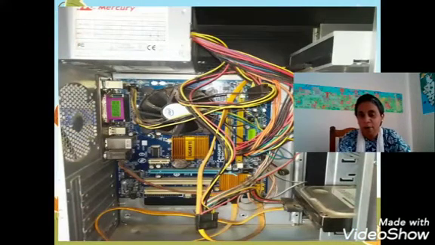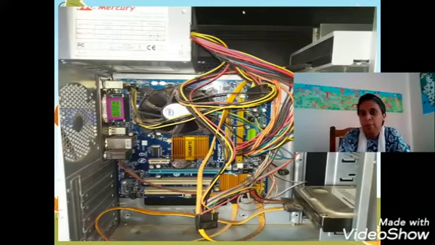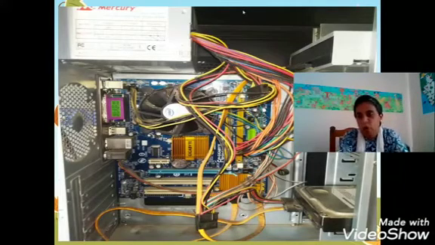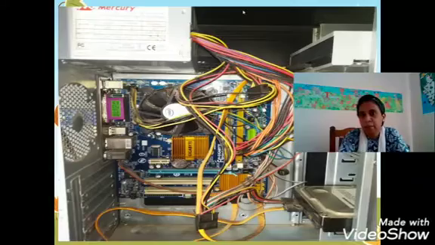I don't know how many of you have seen a computer in this way. Yes, this is how it looks inside. We all know there is a cabinet next to the monitor. Sometimes it's called a CPU also. Actually, the CPU is inside this one. Now, this is called the internal part. All these parts are assembled on a motherboard. So this is how generally we have seen the cabinet.